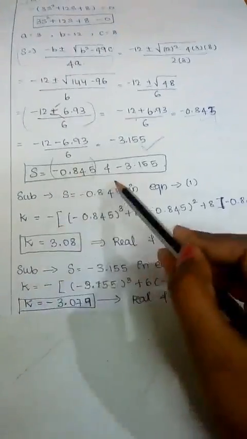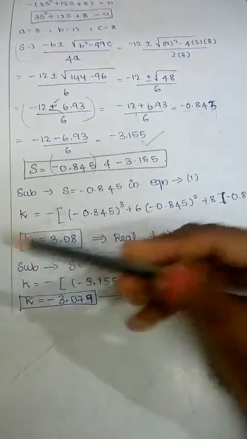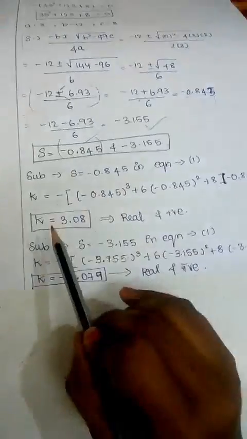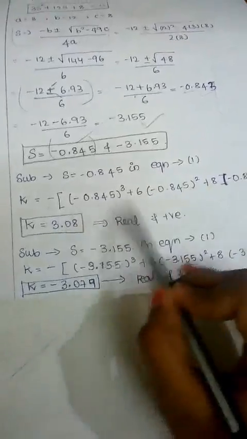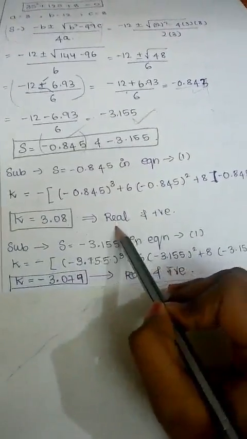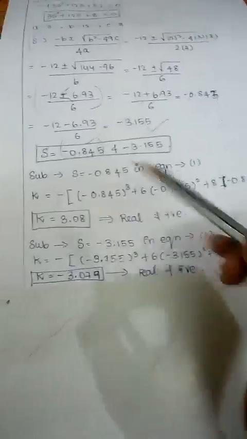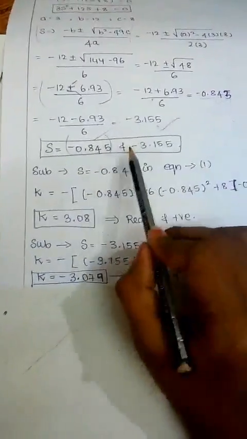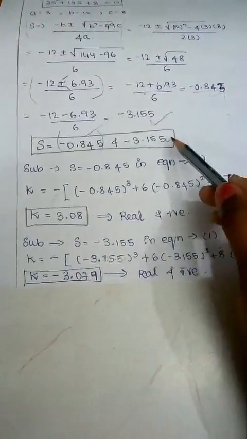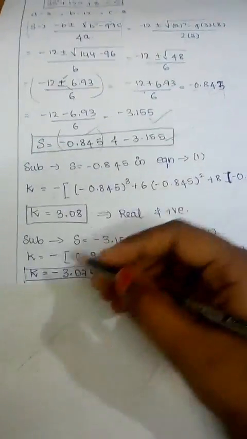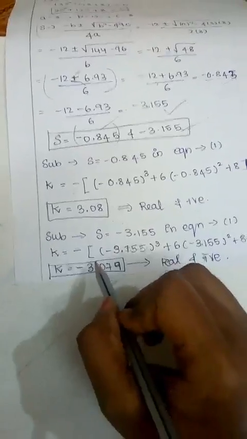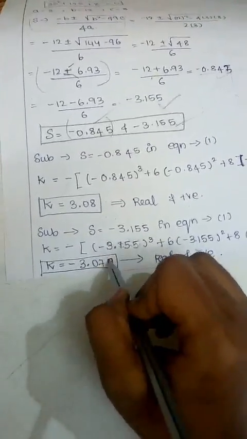Then we already know that first equation, we found that characteristic equation. In the characteristic equation, s is there, so substitute in the first equation the positive value. We get this answer by using the calculator. I'll get it real and positive. It is real, but it is also positive. Next, with the second value, also repeating the method, we get this value. It is real, but it's not positive, it's negative.